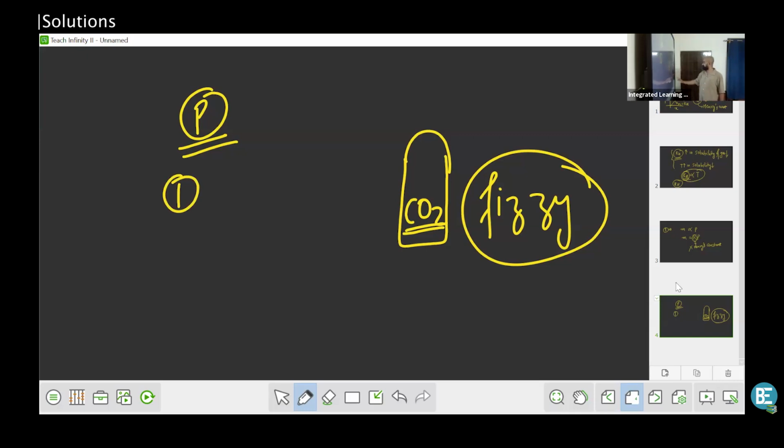When we open the soda bottle, because in the bottle at high pressure, CO2 gas has been absorbed, which on opening the lid escapes, making a fizzy sound. ओके,